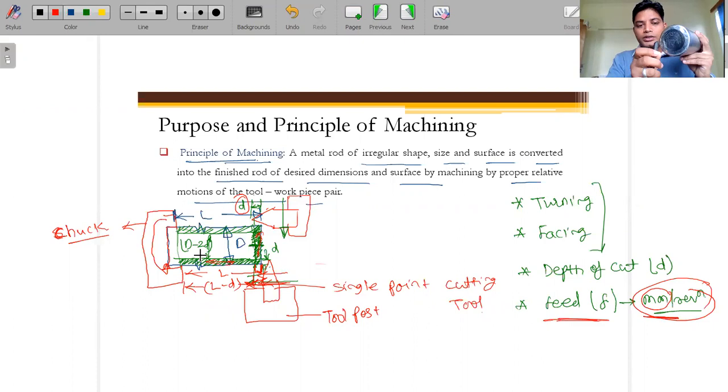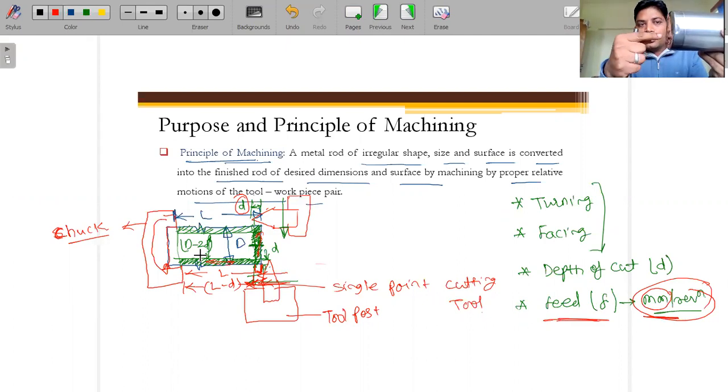So what we have to do is rotate it. We have to rotate it at whatever depth of cut is maintained. We have to move in this direction after the rotation starts, right? So once the rotation starts, we are moving in this direction. So what we have to decide is, for example, just consider that this is 1 centimeter, like 10 mm we can say. So this 10 mm is reduced in one revolution.